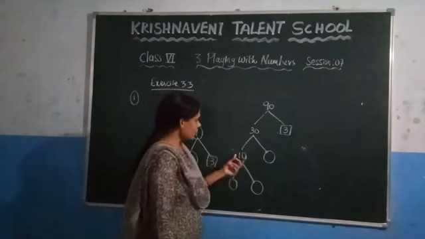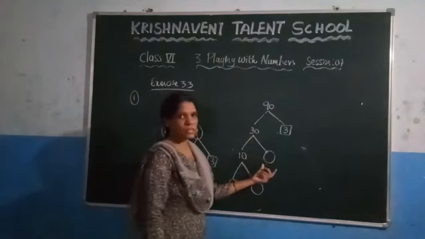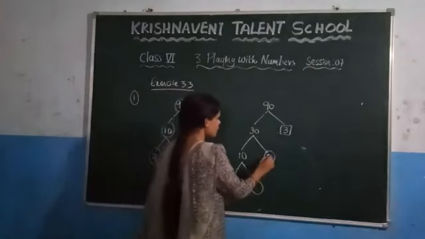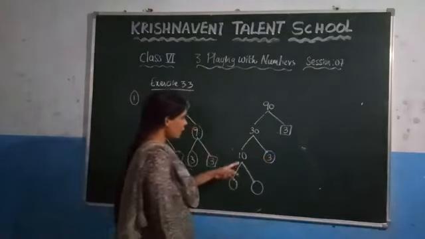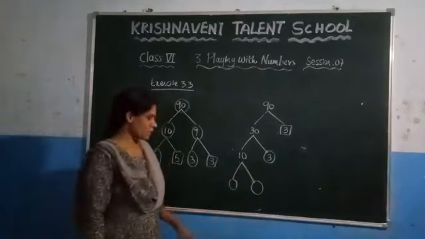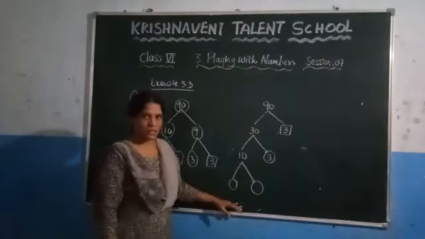Similarly 30 they have written as a product of 10 into some number. So you need to check in 10 table when you will get 30. So 10 3s are 30. Write it here 3. Now you need to write 10 as a product of the two prime factors, because here it is the last step they have given.